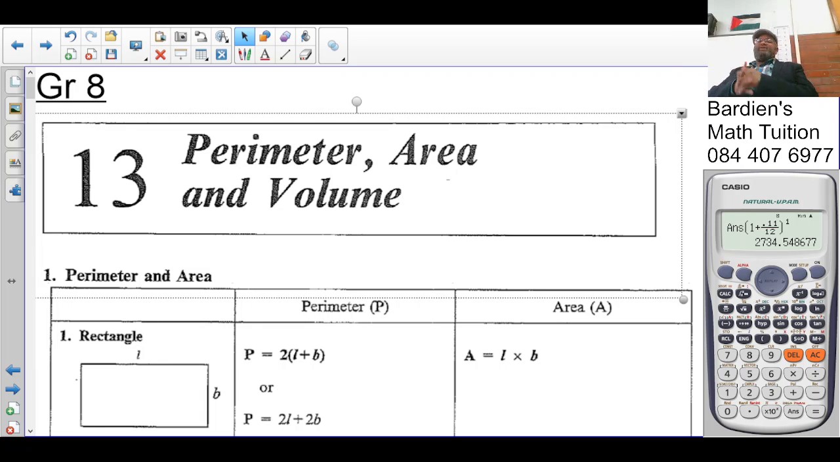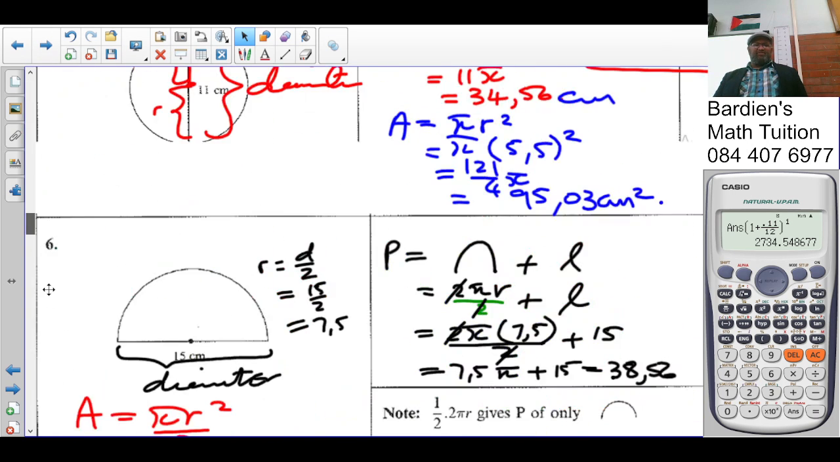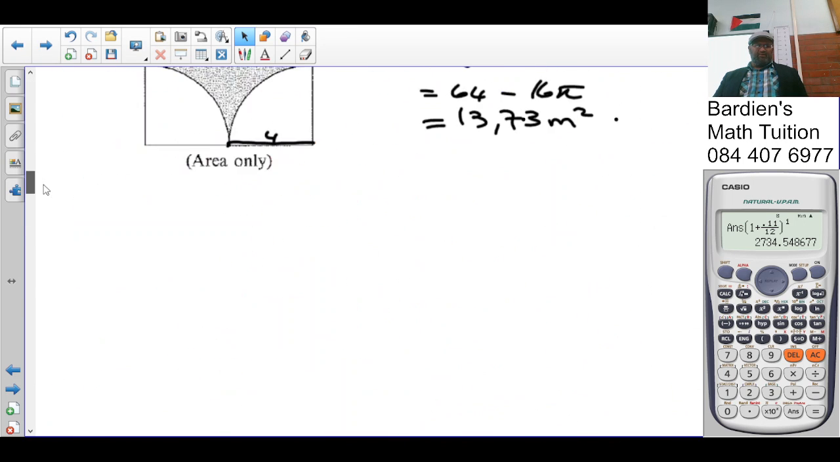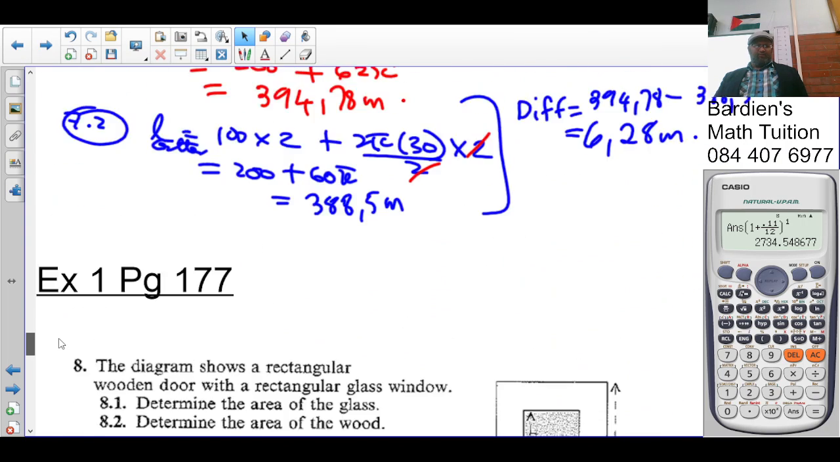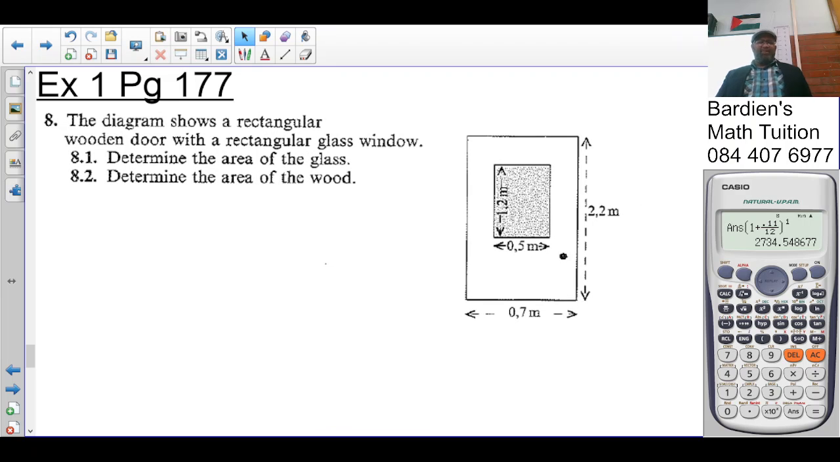So at this point we're looking at the last section dealing with perimeter and area. Now the grade 8 text. I think there were like 3 or 4 sums left, no? So exercise 1 on page